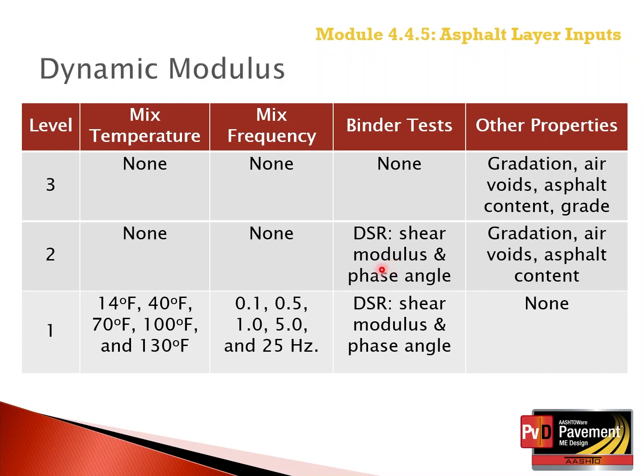for aging. Input level 1 requires the measured dynamic modulus in accordance with AASHTO T378 at different mixture temperatures and mixture loading frequencies, as well as the asphalt binder and mixture properties that were also required for input level 2. The asphalt binder properties are used in calculating the dynamic modulus at different frequencies and temperatures, and in aging the asphalt binder